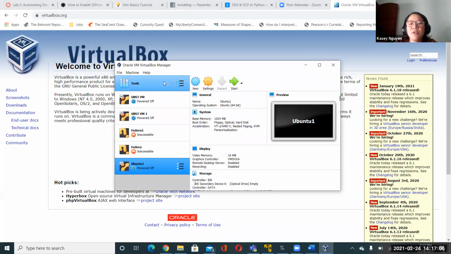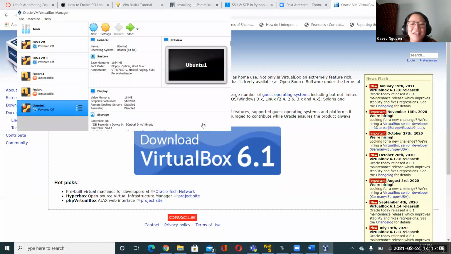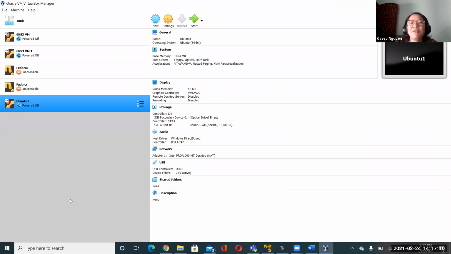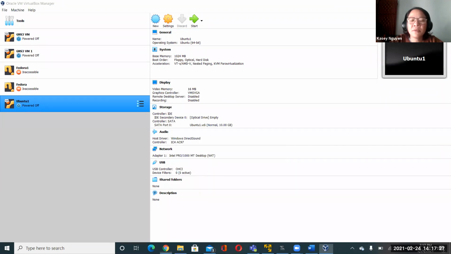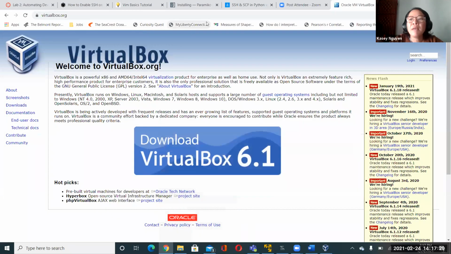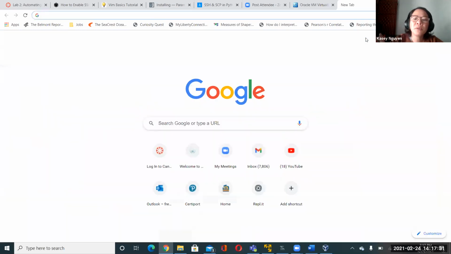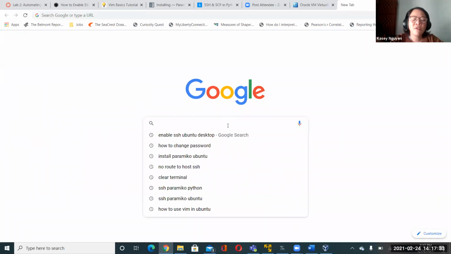So as you can see, I have set up a lot of different virtual machines previously. Okay, so real quick, if you want to make a new virtual machine, you simply click new. But before you do this, I forgot to mention that you need to download the ISO. Let me get out of this real quick. And I put the link on, from Ubuntu, but if you are not sure,